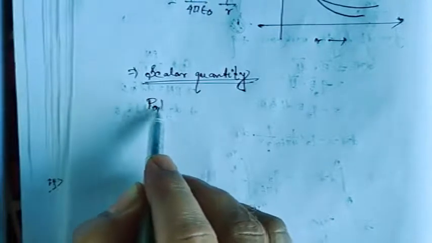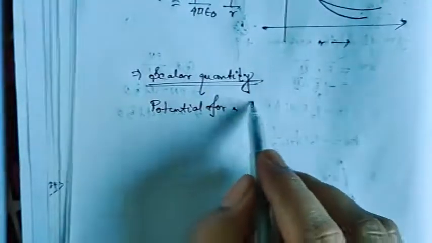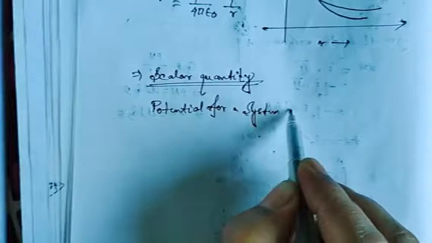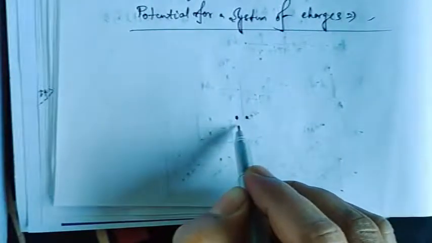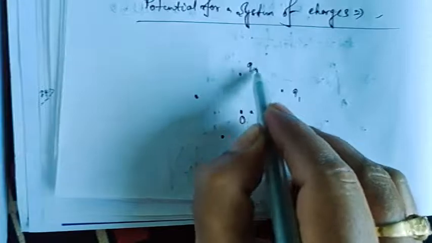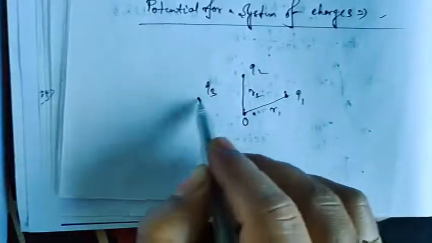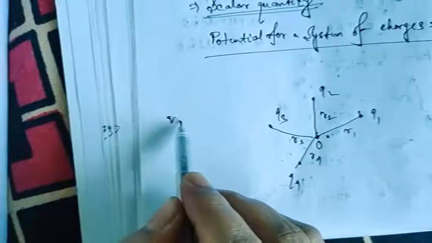Now, potential for a system of charges. Very simple. If we consider this point O and a system containing four charges, suppose Q1, Q2, Q3, Q4, which are situated at distances of R1, R2, R3 and R4,